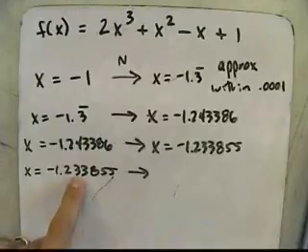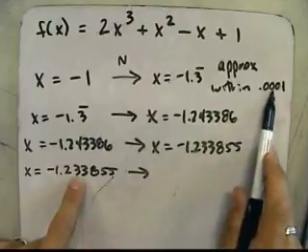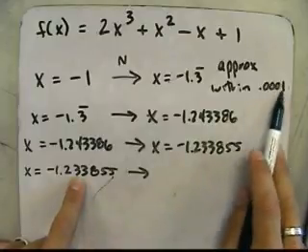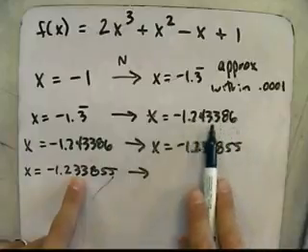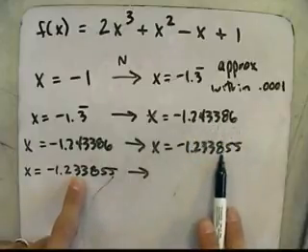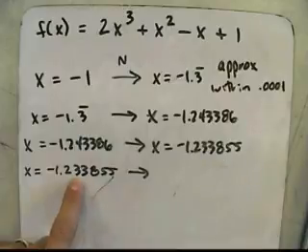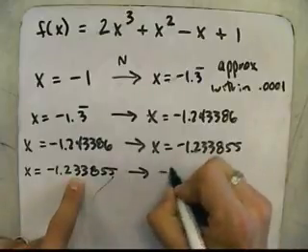All right, so let's plug in this one. I think we're going to get pretty close. Remember, I'm trying to get it accurate within 0.0001, which means if I look at the fourth number after the decimal, so 1, 2, 3, 4, I want those numbers to all be the same up to that last number. If I can get it within that, I'm going to be pretty happy. So I'm going to plug this in: negative 1.233855, and I get x equals negative